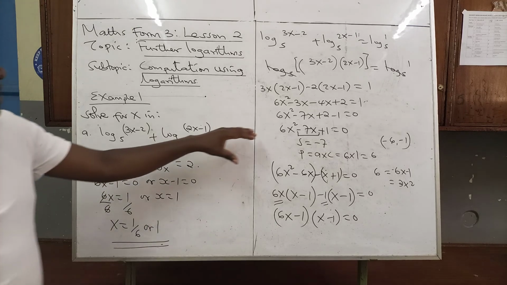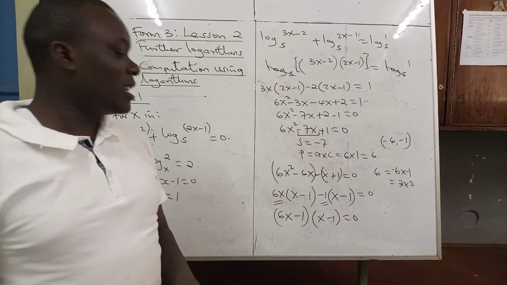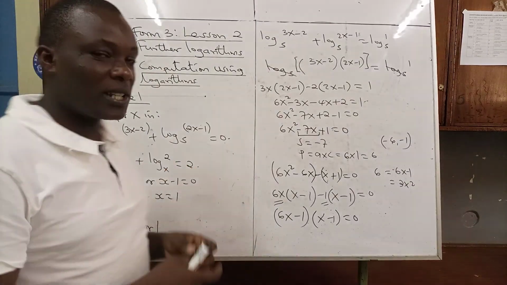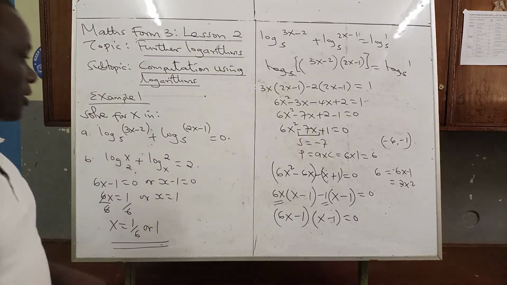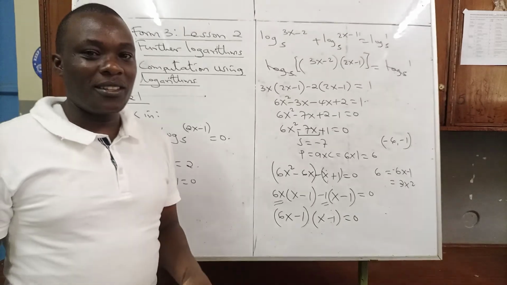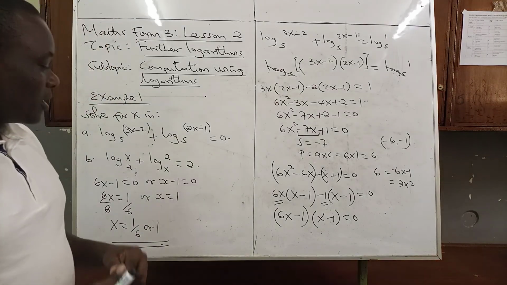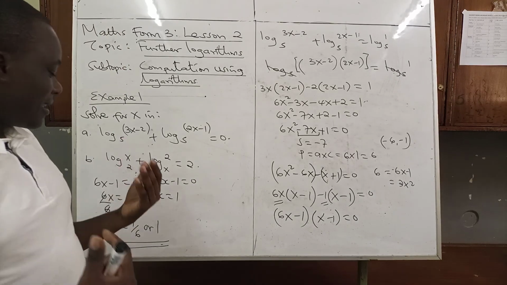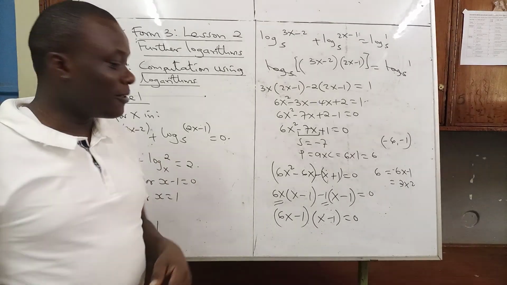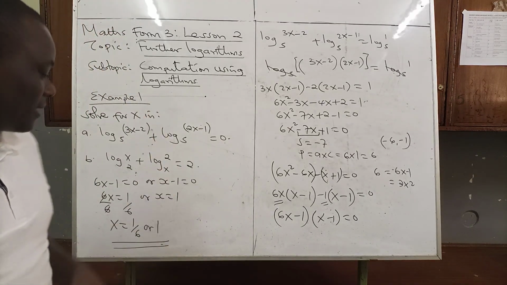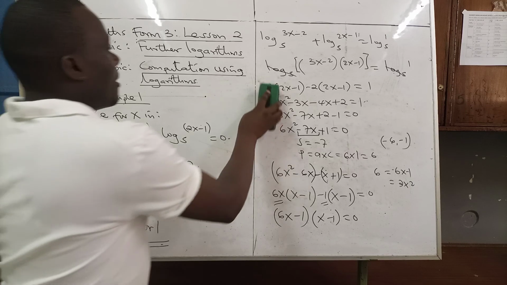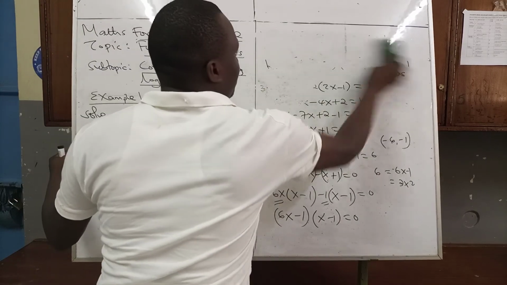Being that we obtained a quadratic equation at any given point here, it means the values of x that we must obtain should be 2. If we were to obtain a linear equation, then the value of x that we must obtain must be 1. And if you are dealing with a cubic function, the values of x you obtain are 3. So that's what will guide you. Now that we have done that, we can go directly to our second example,